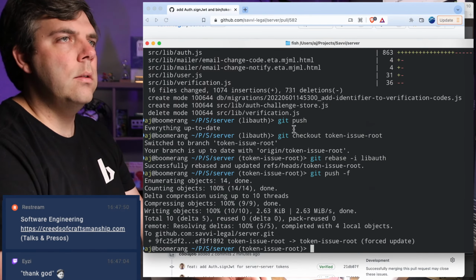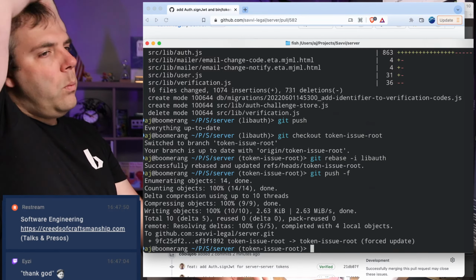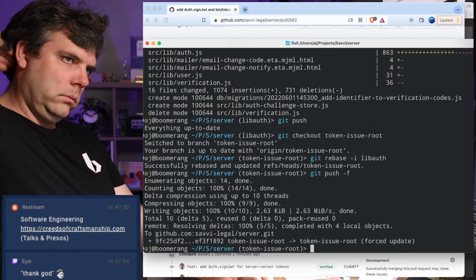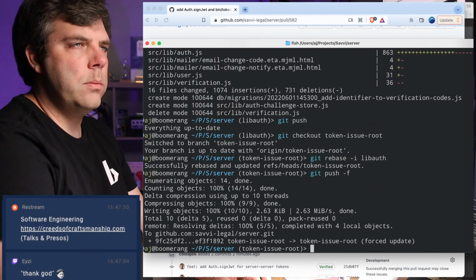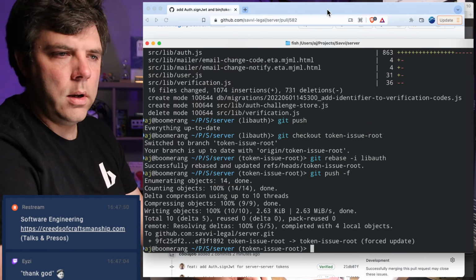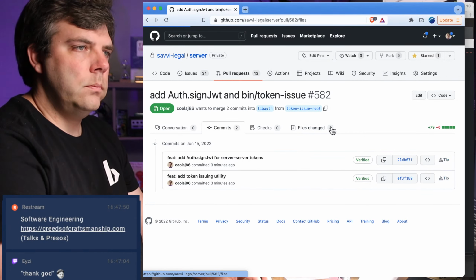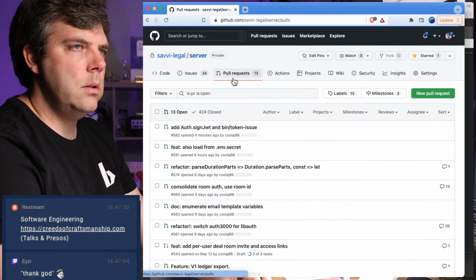Where was I at? Okay, so I pushed this change. What else do I need to do here? I think there's maybe one other thing I wanted to do, but I need to take a break. What was that? What else was it?